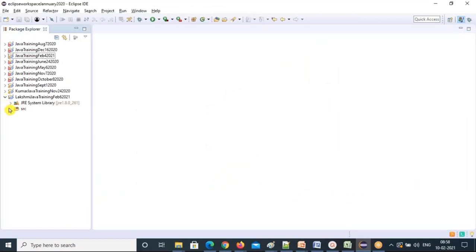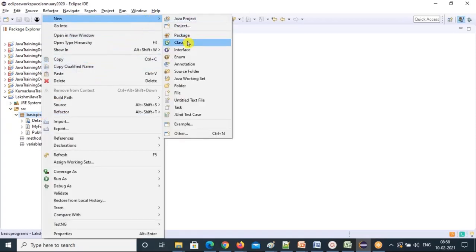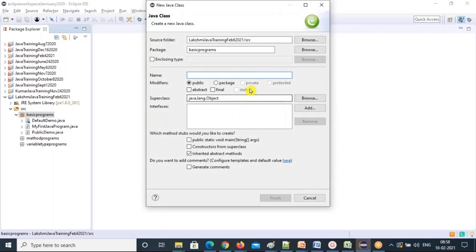This is our project and src, then our package, and in this package I'm creating a private access modifier. So create a class. A class can be either public or default. See, private you cannot select. This radio button is disabled, private and protected.